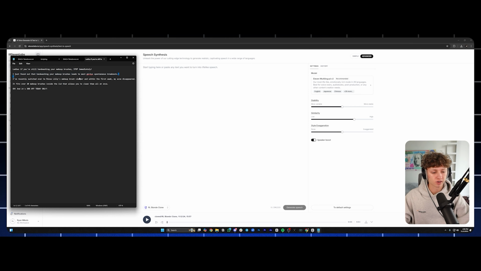We are hitting an insecurity right here: I found out that hand washing your makeup brushes leads to breakouts. So right there, we're calling out the current solution to cleaning your makeup brushes. And then we're leading into, "I've recently switched over to Rinse Lily's makeup brush cleaner, and within the first week,